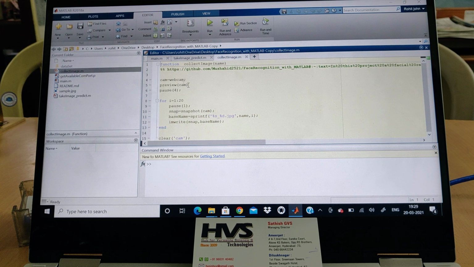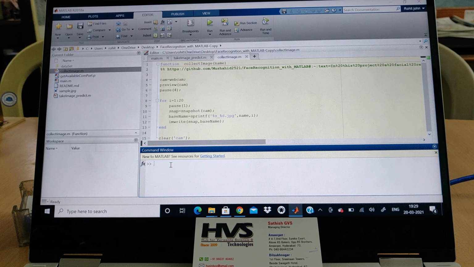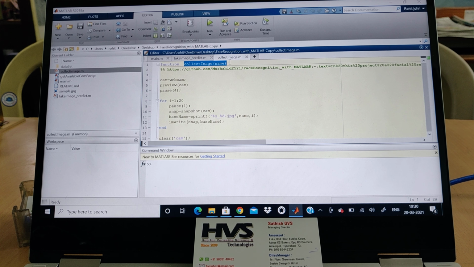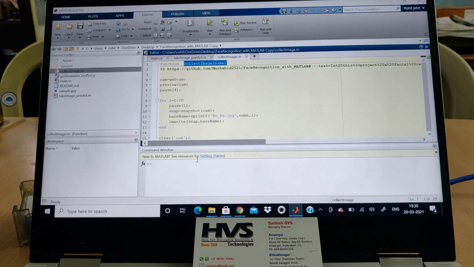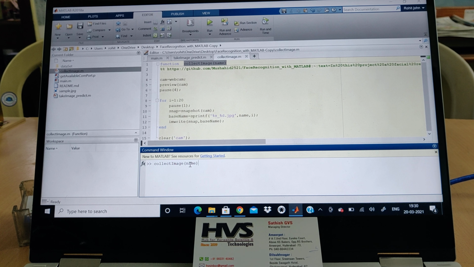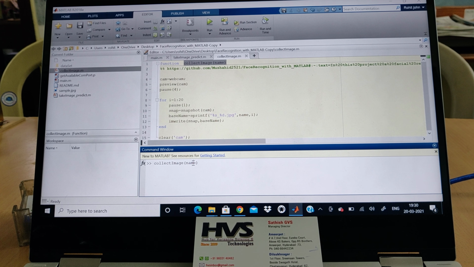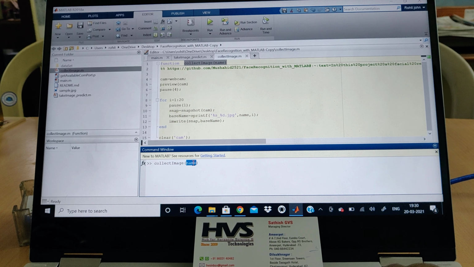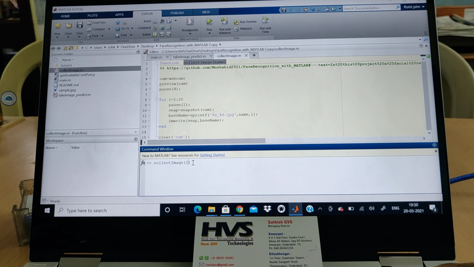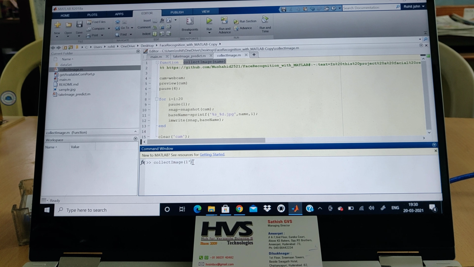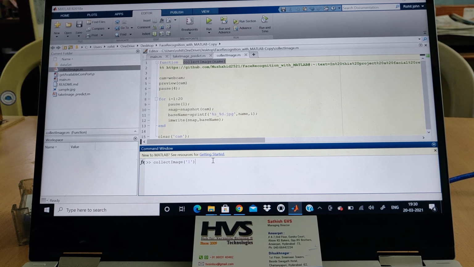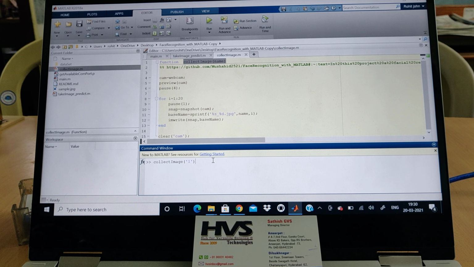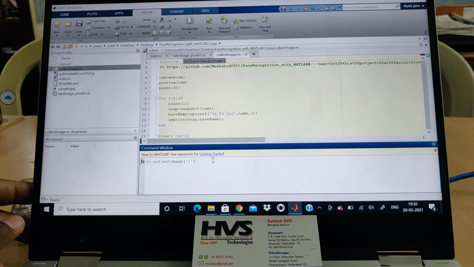image.m. So here, directly after opening the file, copy the name of the function as shown here and place it, and then in the name place write the 1. So for the first user, write it as 1 and then enter. Now it will start capturing the images of whoever is in front of this camera.